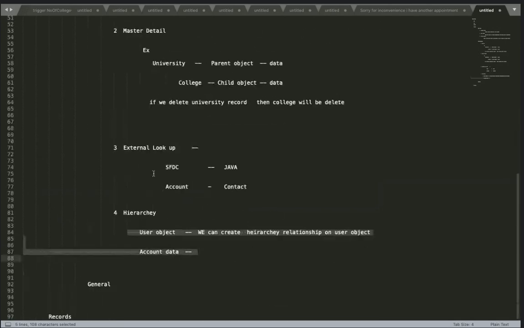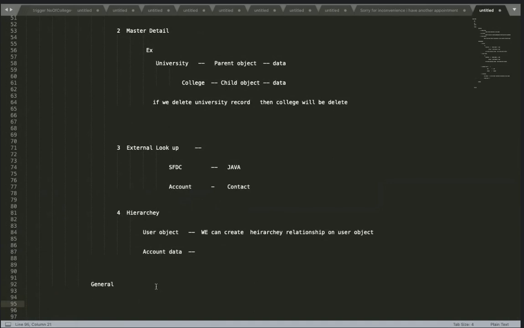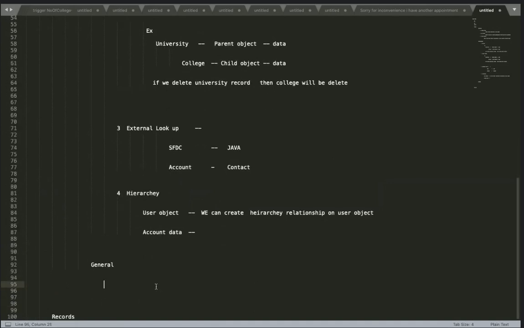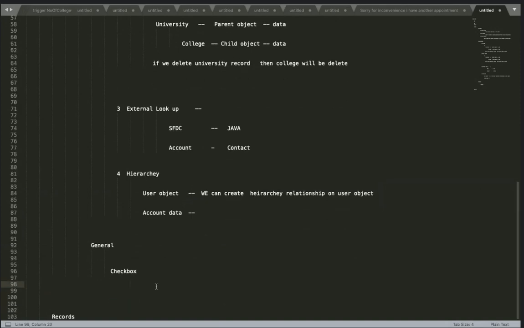Okay. Now general kind of fields. General in the sense there are different kinds of fields which you see most of the time. Those are checkbox. Checkbox in the sense you might see when you are creating a Facebook account or something else, like select male or female. There is a checkbox.